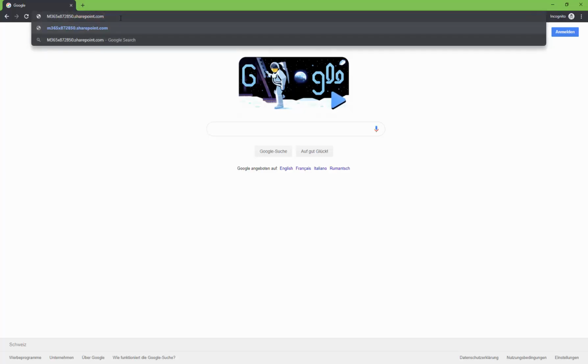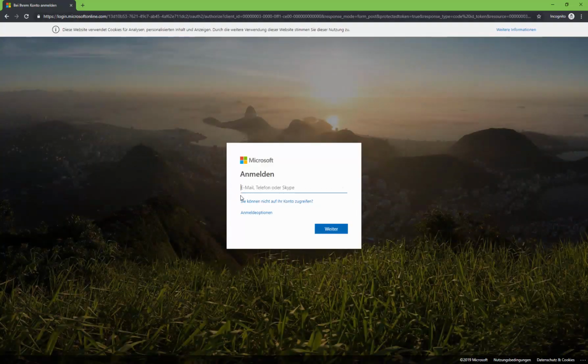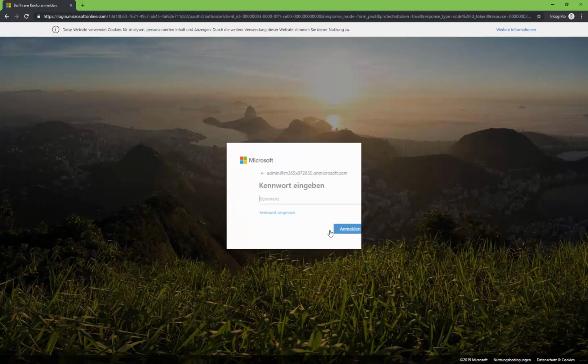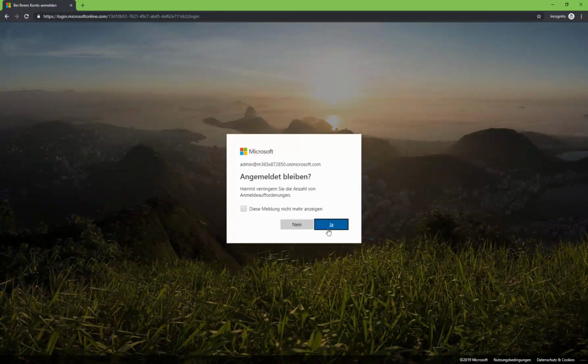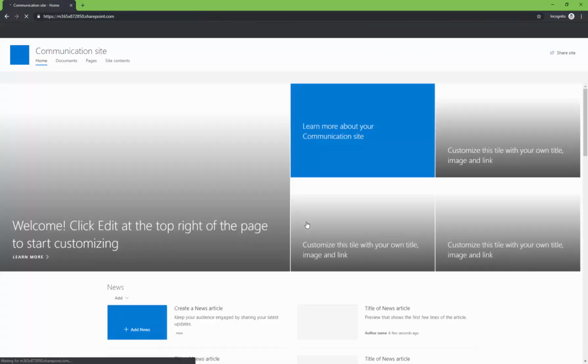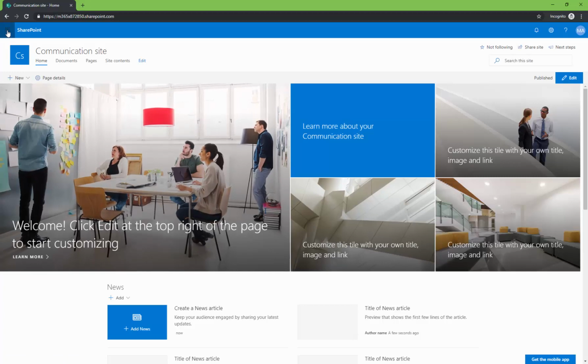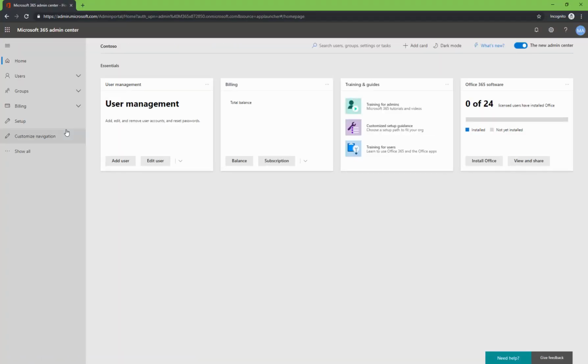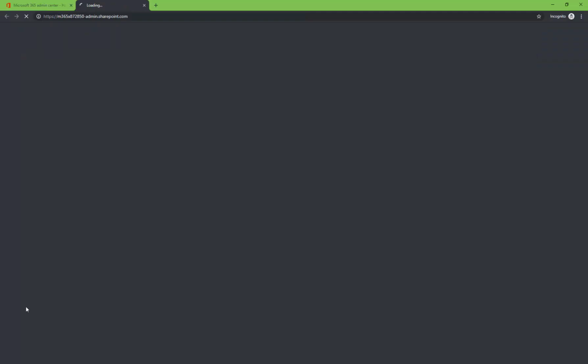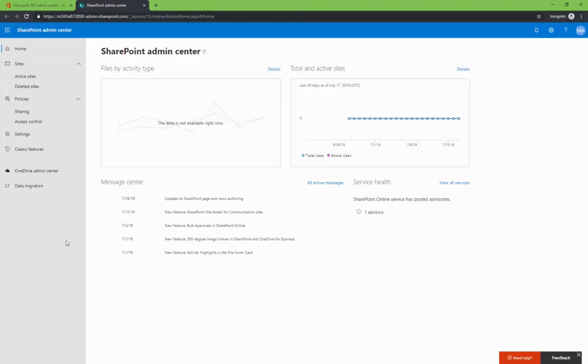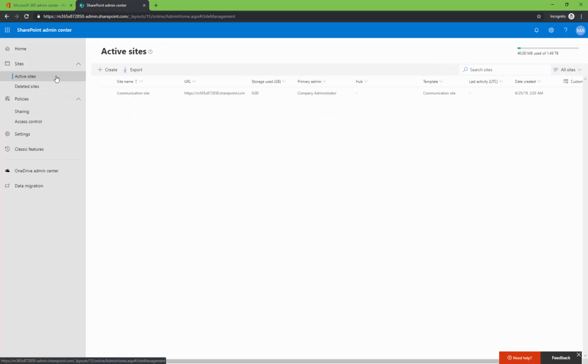Therefore, we are logging into SharePoint Admin Center using an admin account. Click on your active site and create a new one.